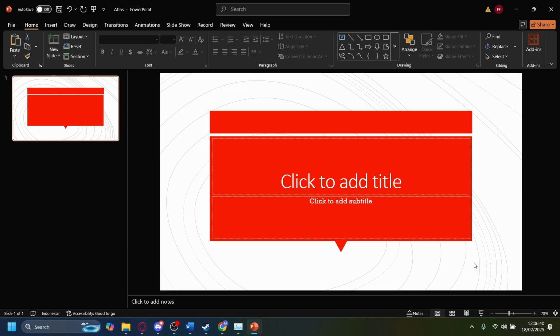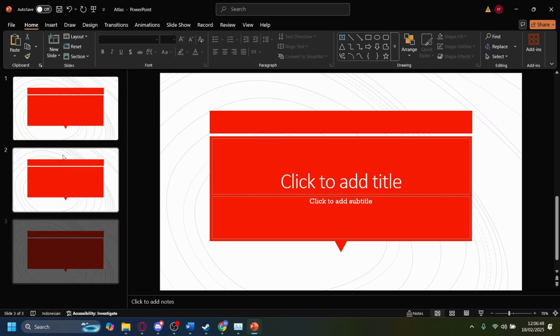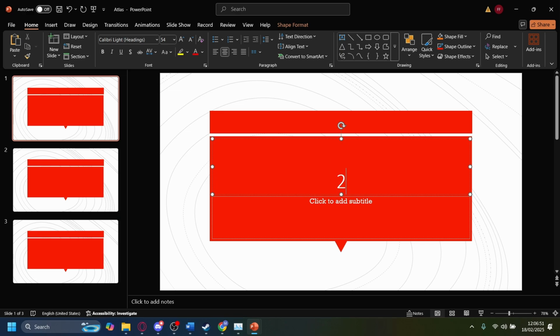I'll show you in the quick and easy way how you can merge two PowerPoint presentations together. Now, for example, here I have this PowerPoint presentation. I'm gonna duplicate a couple of the slides, and I'm gonna put in some sample text here. I'm gonna put in 223, and I'm gonna put this 554, and I'm gonna do this 787, just for examples,